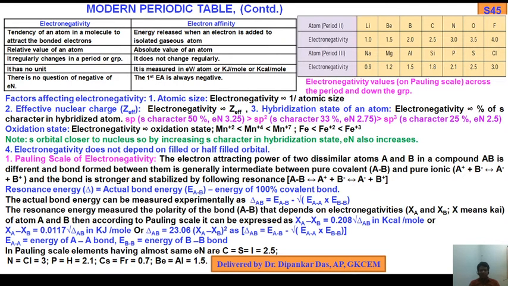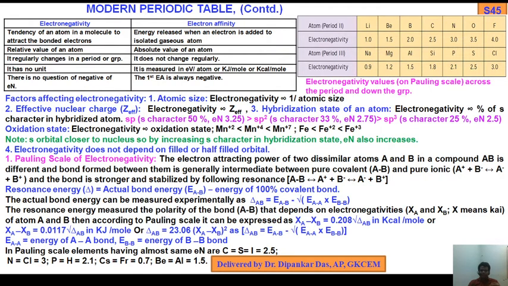Now, expression of electronegativity. As I told you earlier in the previous video lectures, electronegativity can be measured by three scales: Pauling scale, Mulliken scale and Allred-Rochow scale. Out of the three, the Pauling scale is very important and very widely used, as we have seen across the period and down the group. The Pauling scale is very important because problems are given from this portion.